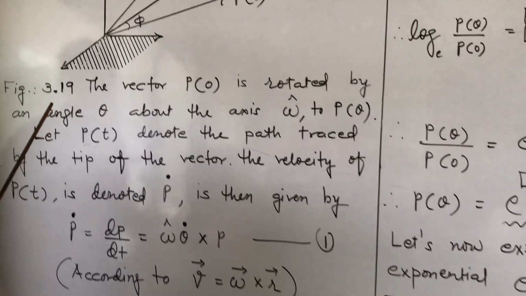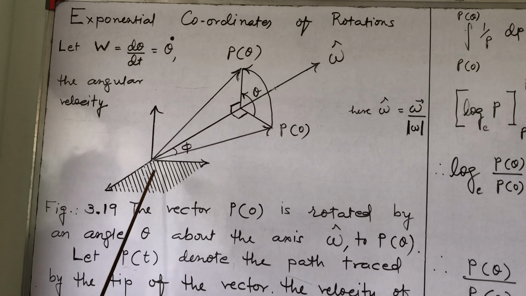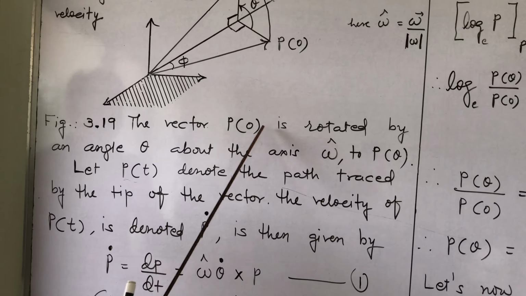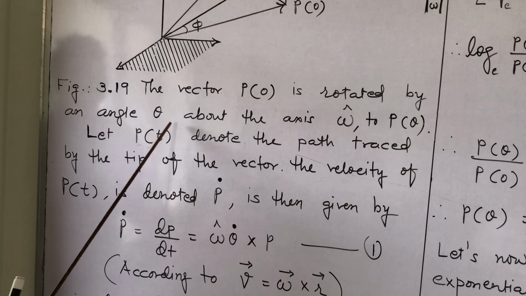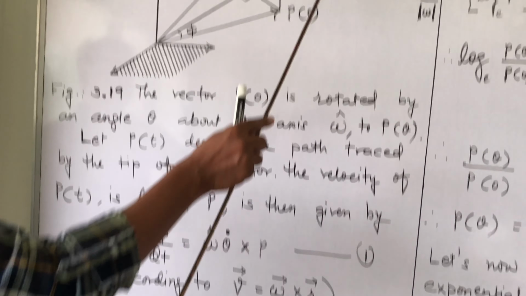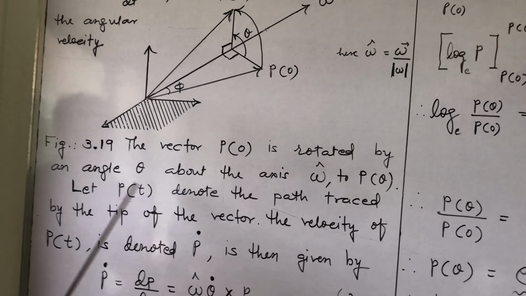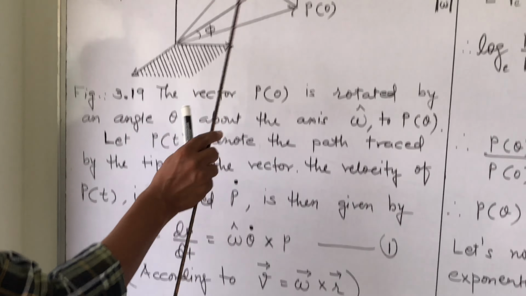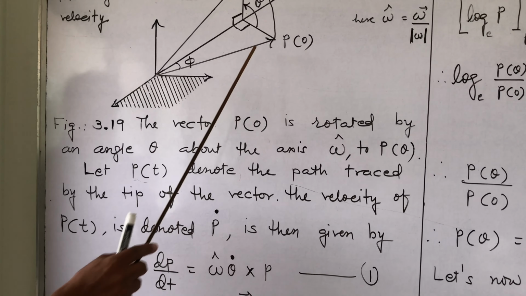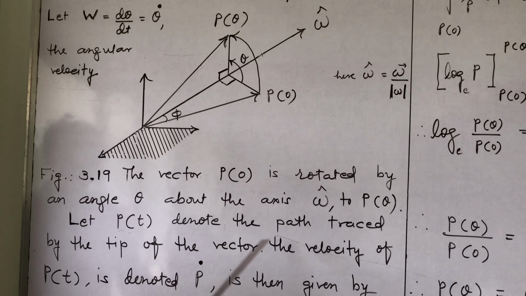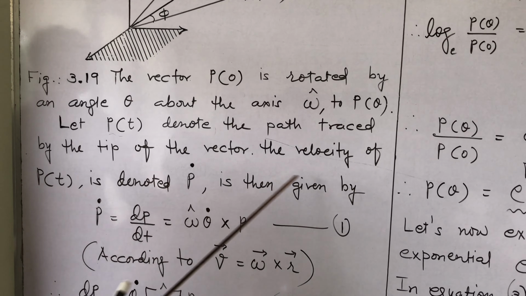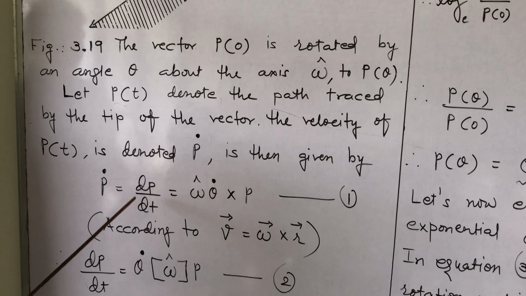This is the figure, 3.119. The vector p naught, p of 0, is rotated by angle theta about the axis omega cap to p of theta. Let p of t denote the path traced by the tip of the vector, this point. The velocity of p of t, denoted p dot, that is dp by dt,